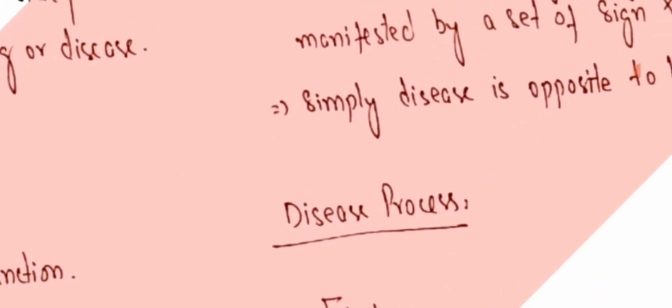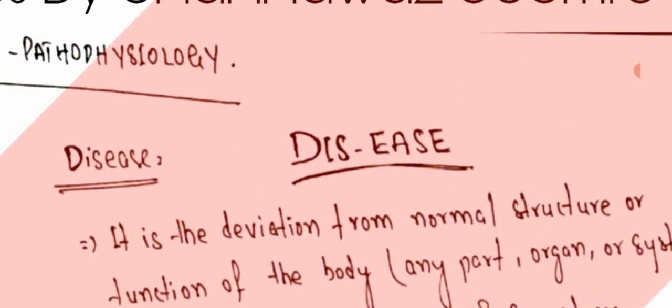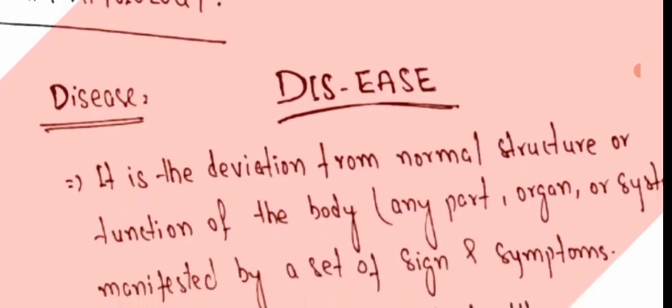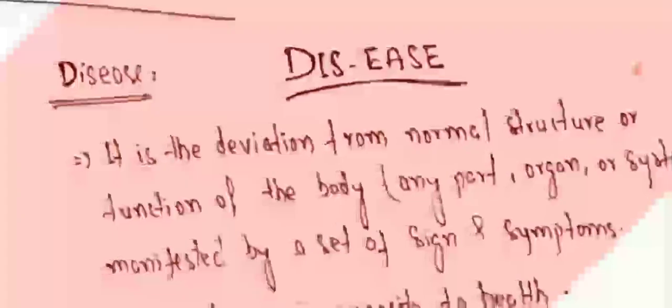So in all this we studied disease, so understanding disease is very important. Usually if someone asks what disease is, we say that when a person is not healthy, he is in disease and going through a disease condition. But as a medical student we should know about its definition in a proper concept. Disease is basically dis-ease. It means uneasiness or uncomfortableness. In disease, we study about its deviations from the normal structure and function of the body. Means if someone's normal function and physiology is so disturbed in such a way that it is manifested by a set of signs and symptoms, and it is properly diagnosed by the doctor, we say he is facing disease.